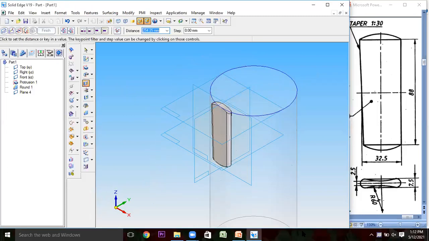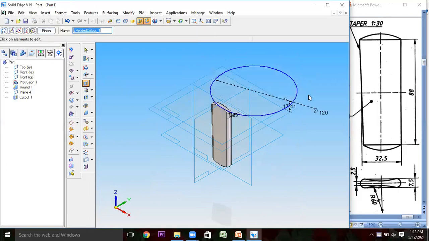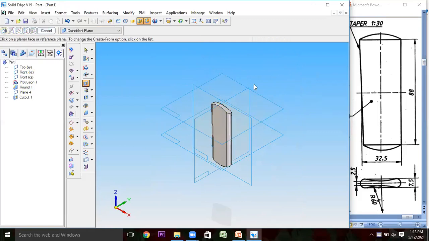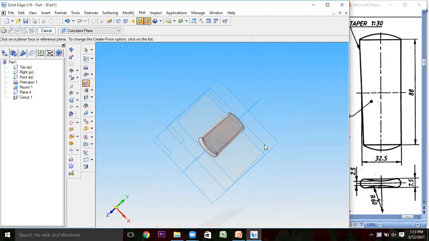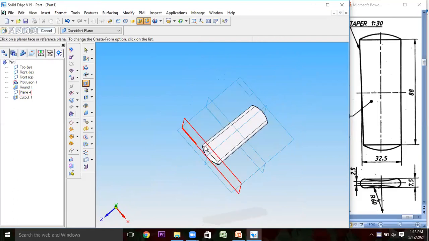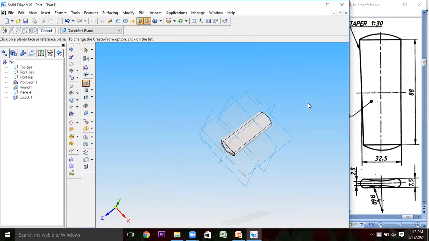Now it will ask whether you want to cut it inside or outside. I want to cut it outside, so I'll be selecting the dimension over here like this. I've cut it. Then I'll be clicking on this finish operation. Now if I go over there, you can see that the cut of that particular portion has been done. Now once I get that, I'll be going to